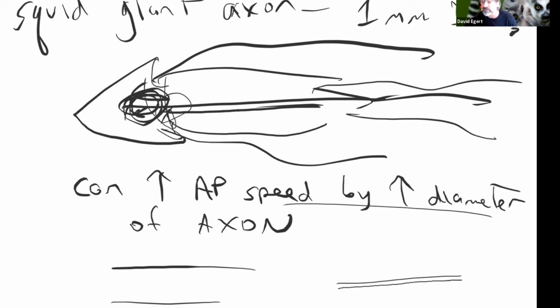they would check it out. They would put different types of ionic solutions inside and outside, and then they would take a little squeegee and squeeze out the inside of the thing, and then use a syringe and fill it with some other ionic solution and test that. And so they would just keep checking, how does this thing respond? What are the electrical properties? It has this kind of ion or that kind of ion inside and out. And that's how they actually came up with all of this